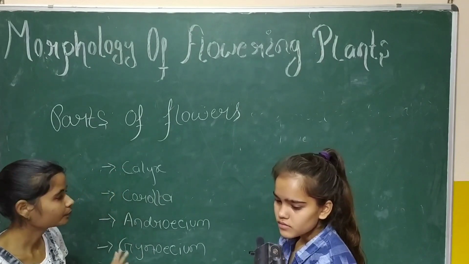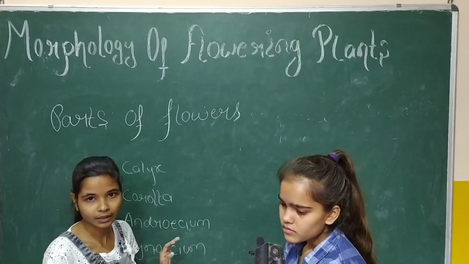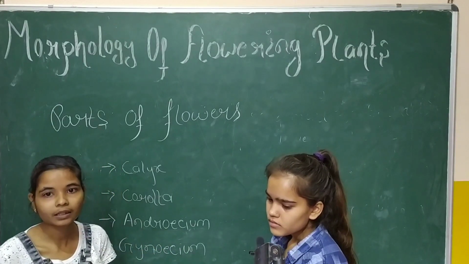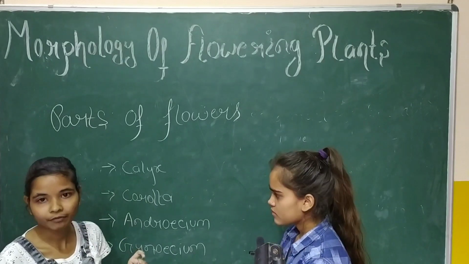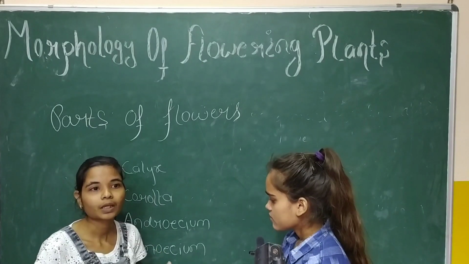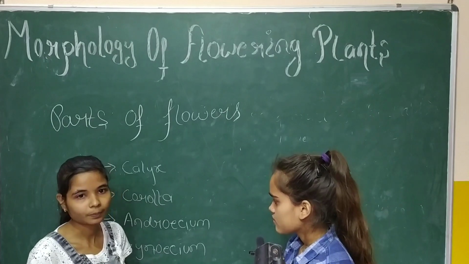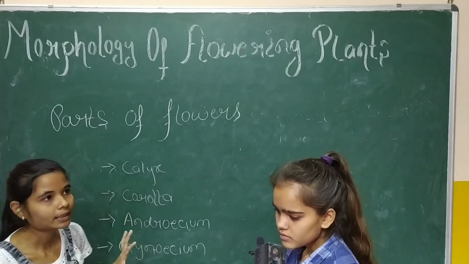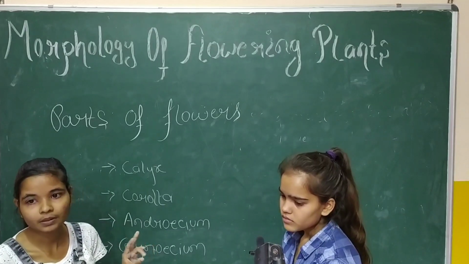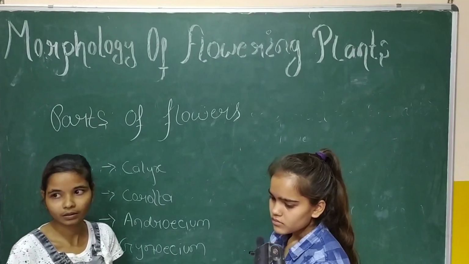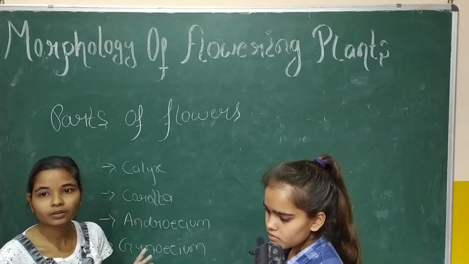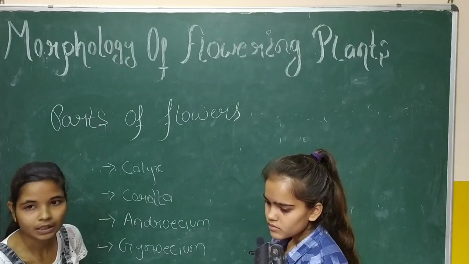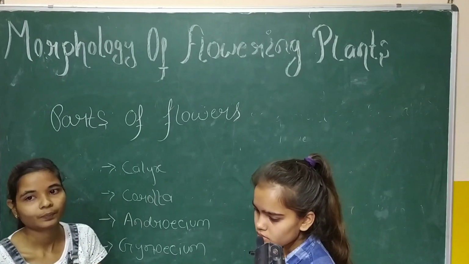Now if we move on to the last one, that is the vexillary. We can see this in the pea plant flower, where there are five petals. One petal, the standard, which is the largest one, overlaps the two other petals. Those are known as wings, and those two wings overlap the other two petals. Those are known as the keel.